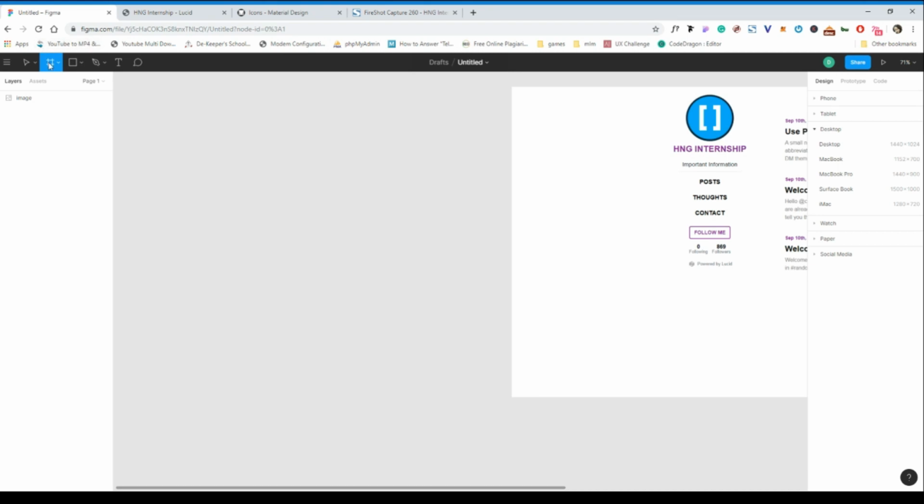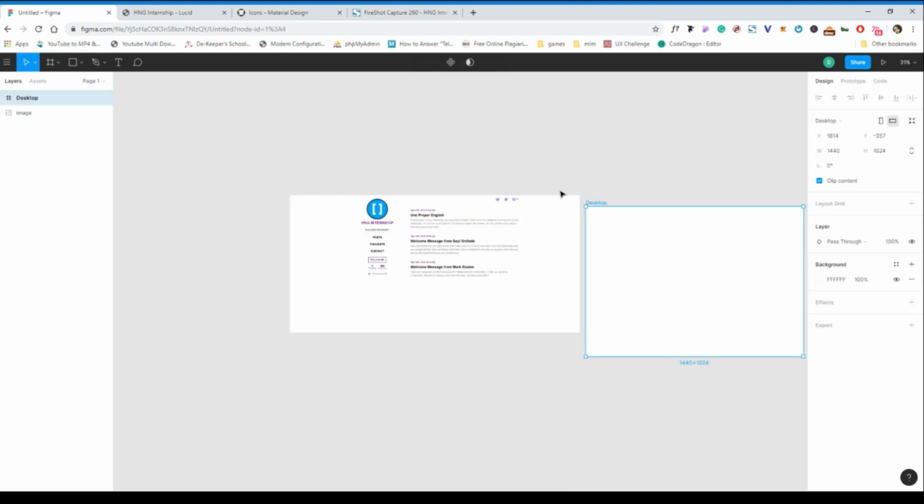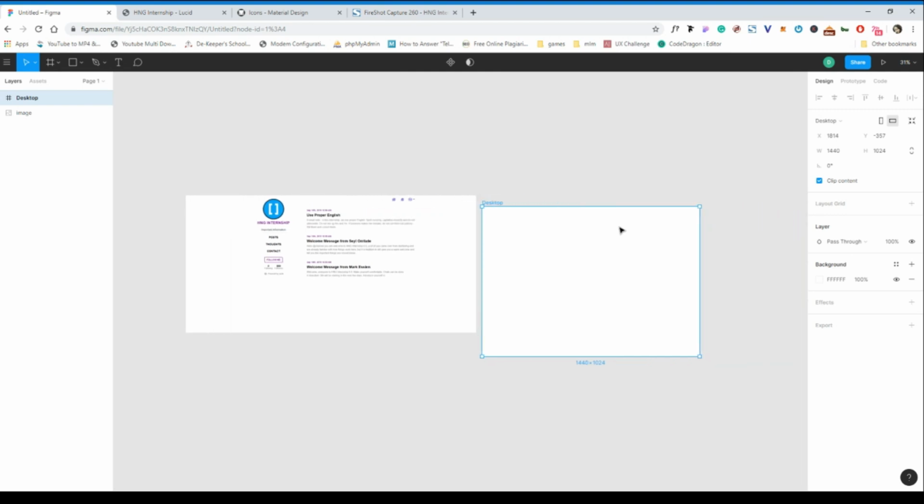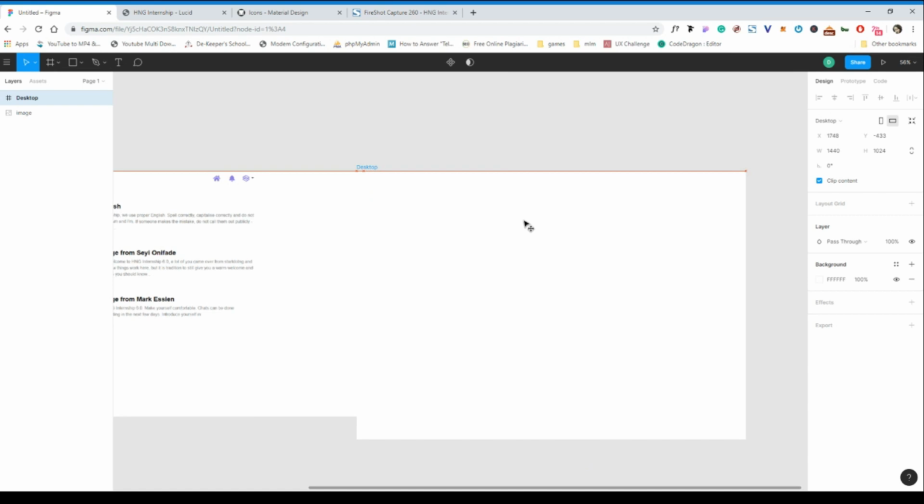Once you click on the frame icon, looking at the right hand side of your Figma file, you would see different frame sizes. The frame size we'll be using now is the desktop frame, which is 1440 by 1024. You can decide to use any other frame size depending on what you're trying to achieve. But since we're trying to design for a web view or a desktop view, I would simply be clicking on the desktop frame. So now that I have my frame,